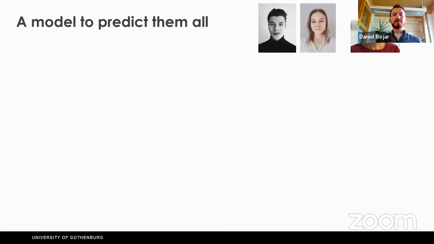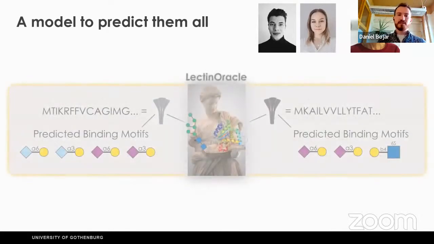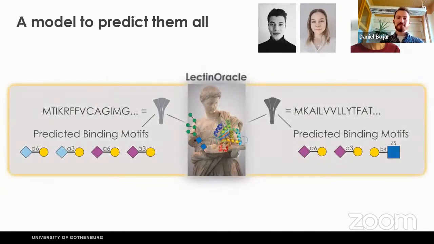So we did a separate approach in collaboration with Frederique Lisacek from the Swiss Institute of Bioinformatics, to make a deep learning based approach to have a generalizable model that can predict lectin binding specificity just based on protein sequence, which we termed LectinOracle. So the idea is that you give LectinOracle a protein sequence, you give it a glycan sequence, and you get a binding prediction. And since it's really easy to just get protein sequences, the idea is that it's very scalable, very generalizable,